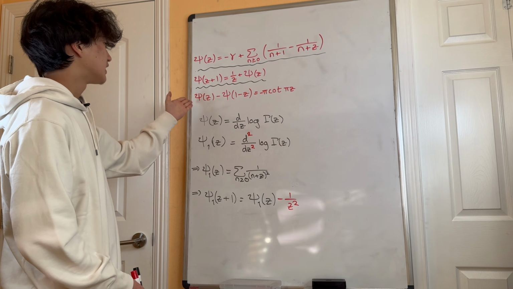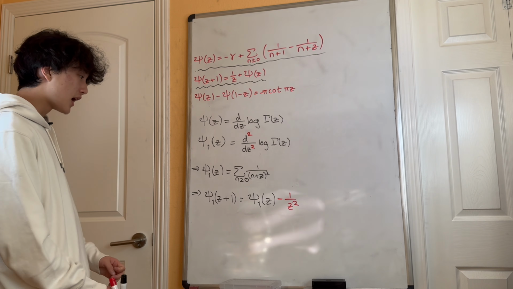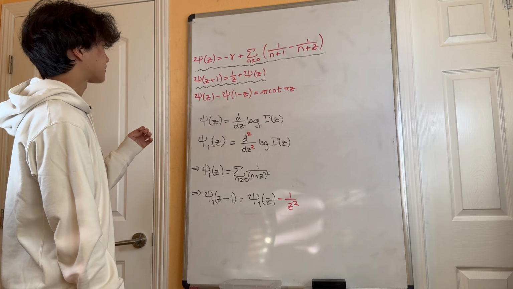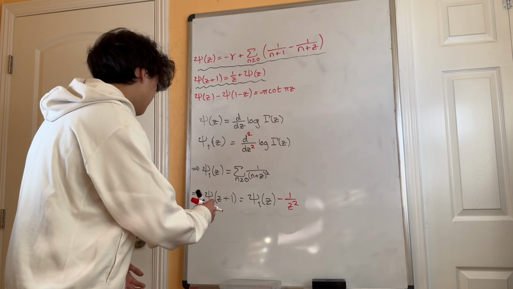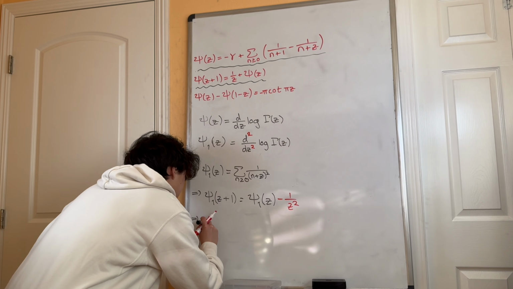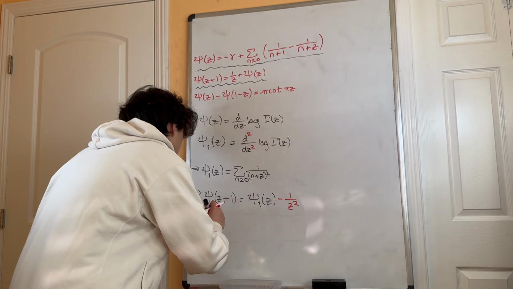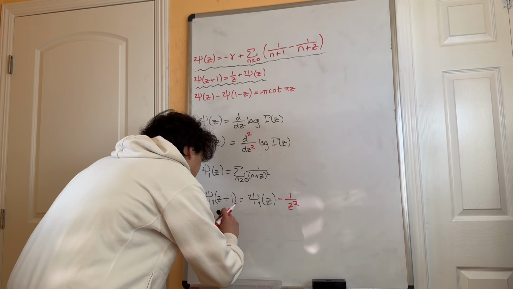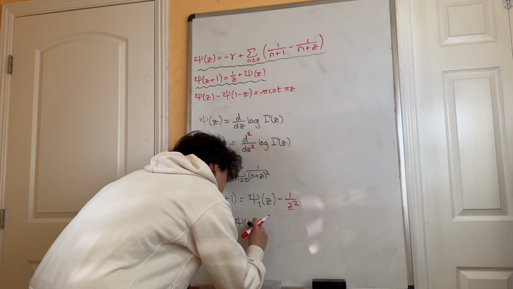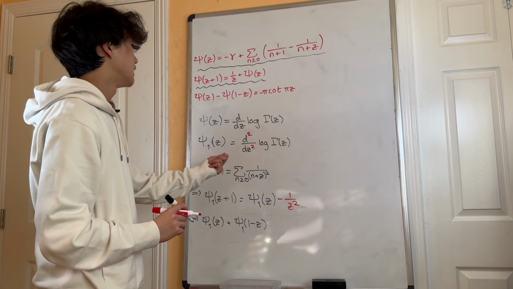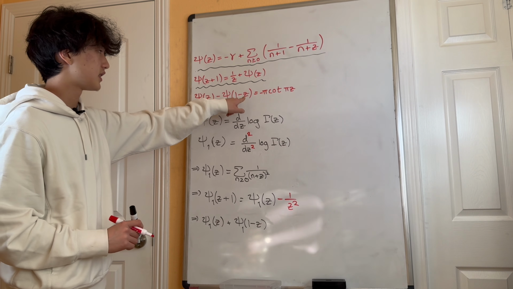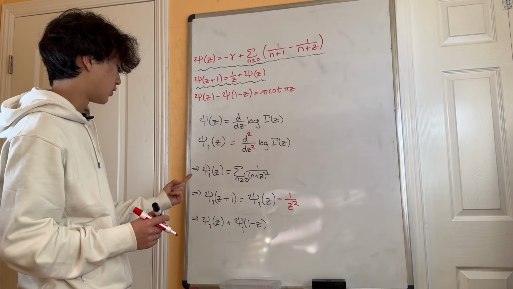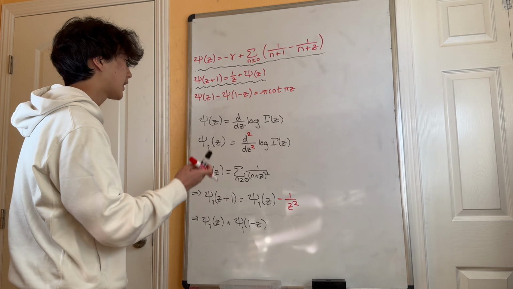Okay, and then finally we have one last property we can translate in terms of the trigamma function, and that is the reflection formula. Okay? And once again, let's just take the derivative. You get trigamma of z, by definition. When you take the derivative of this, you get trigamma of 1 minus z, except you're taking the derivative, so by chain rule, you have to multiply by the derivative of the inside. And the derivative of the inside is just negative 1, so it becomes a positive sign. Okay, on the right-hand side,